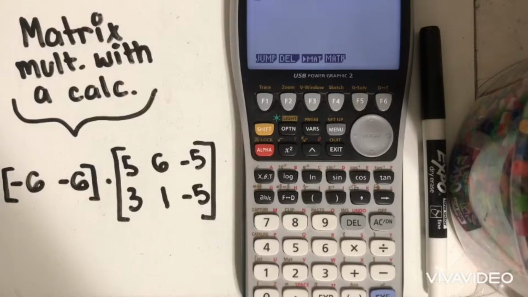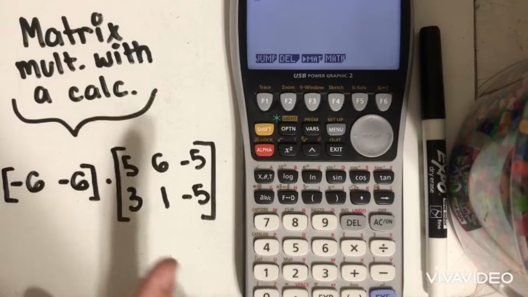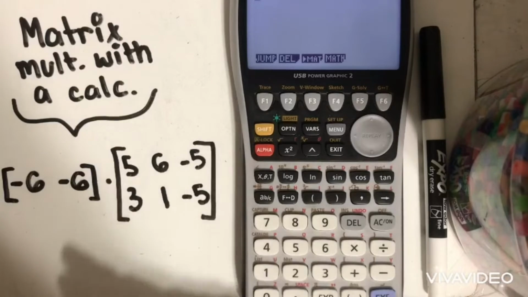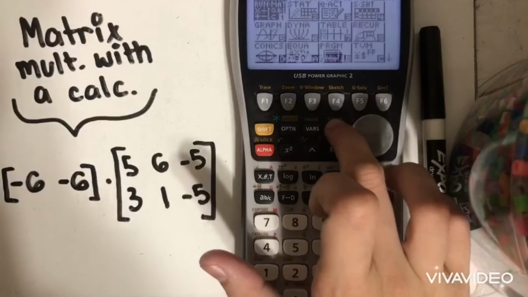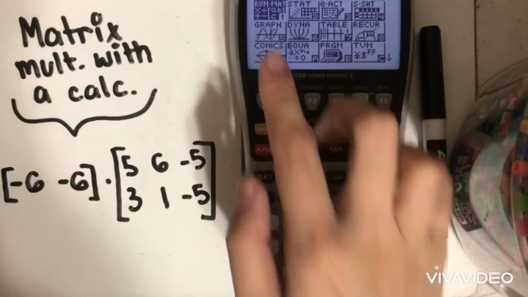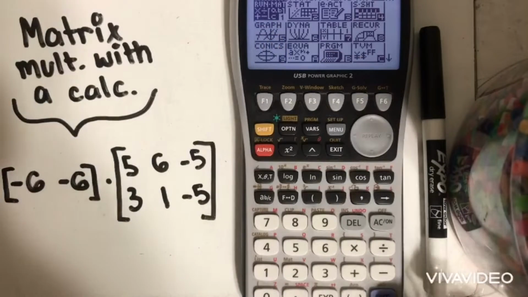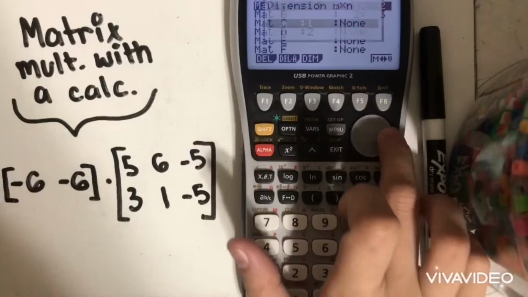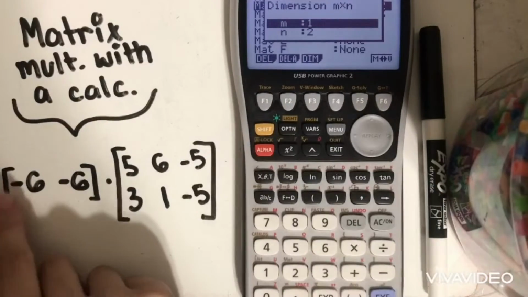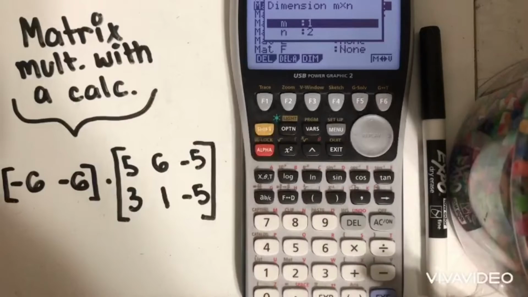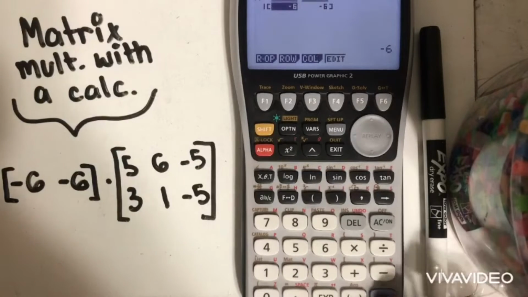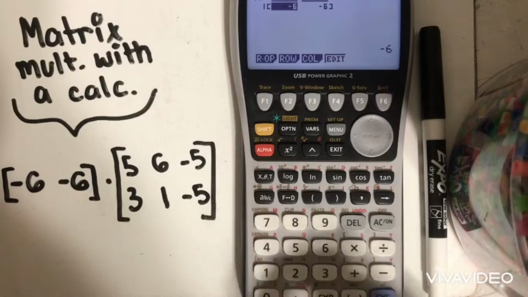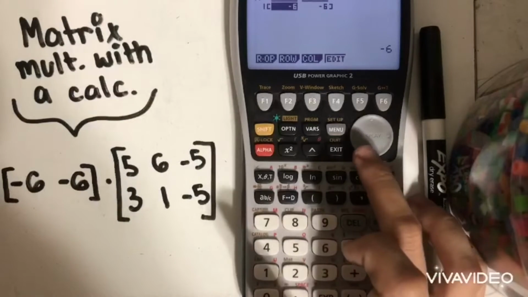In this lesson, I am going to show you how to show your work and type it in the calculator. To get started, we're going to click Menu, make sure it's on Run Mat, and then you're going to click F3, right arrow, check your dimension. Mine is 1 by 2, so I typed it in. You're going to click Enter, and I already have my matrix ready. And then you're going to click Exit,